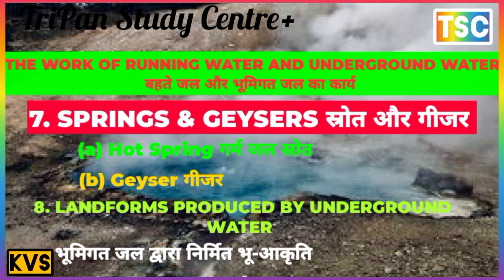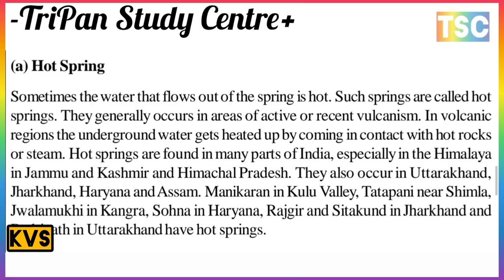Sometimes the water that flows out of a spring is hot. Such springs are called hot springs. They generally occur in areas of active or recent volcanism. In volcanic regions, the underground water gets heated after coming in contact with hot rock or steam. Hot springs are found in many parts of India, especially in the Himalaya and Jammu and Kashmir,